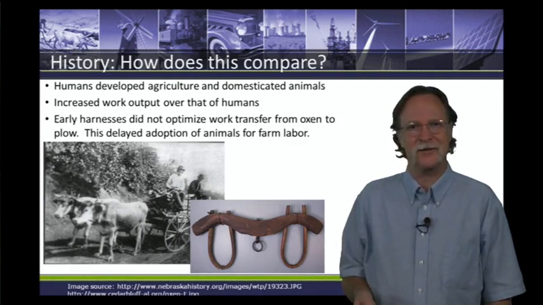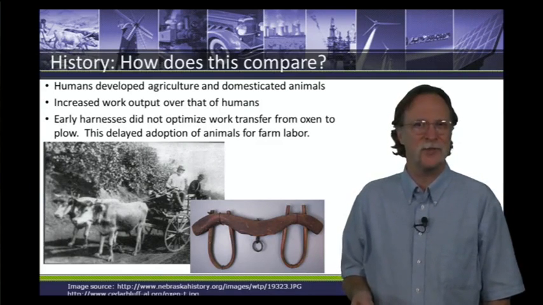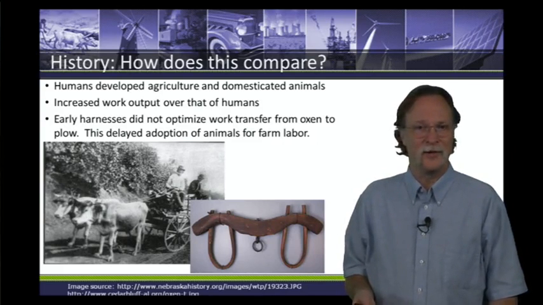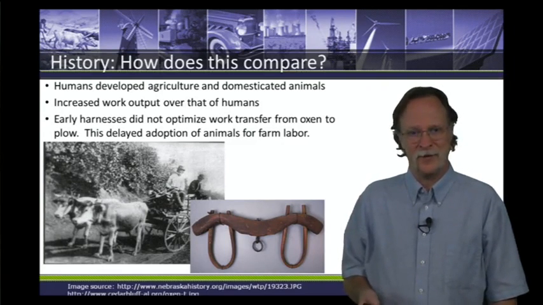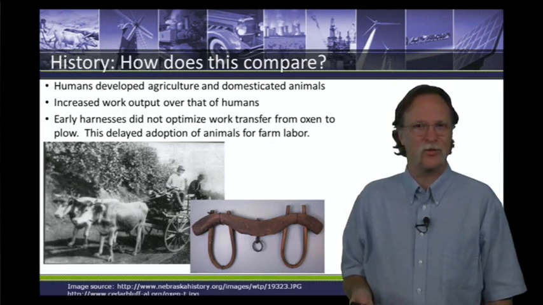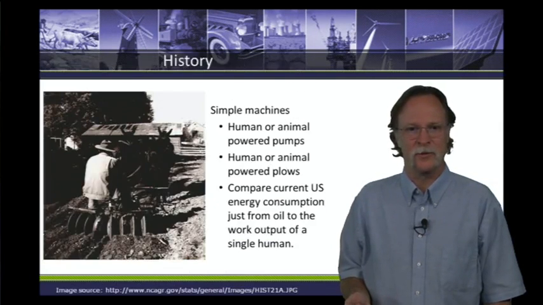So they harnessed the early cows, domesticated those animals, and come to find out the early harnesses did not transmit the power efficiently. And a cow was only worth about 4 humans. So at this point, it still was cost effective. It's really terrible to treat it in economic terms, but the way societies worked back then, it was still cost effective to have slaves rather than cows. Well, years go by, centuries probably, and they came up with a better harness for the cows that transmitted power more efficiently, and so cows were worth about 6 human beings. At that point, it's more effective to own a cow. And off we go to domesticated agriculture.